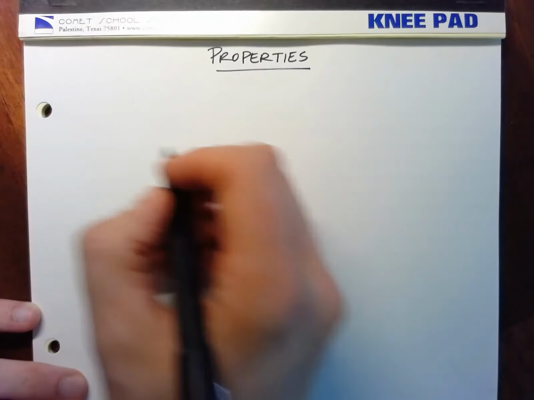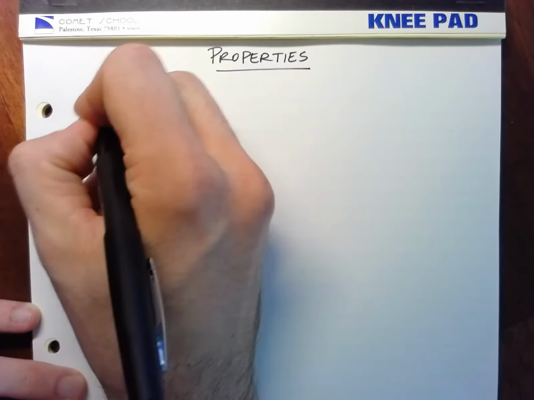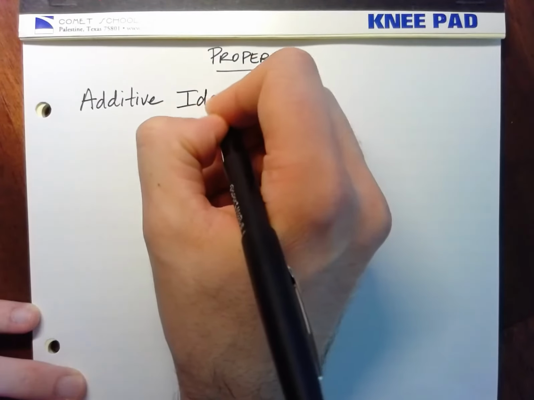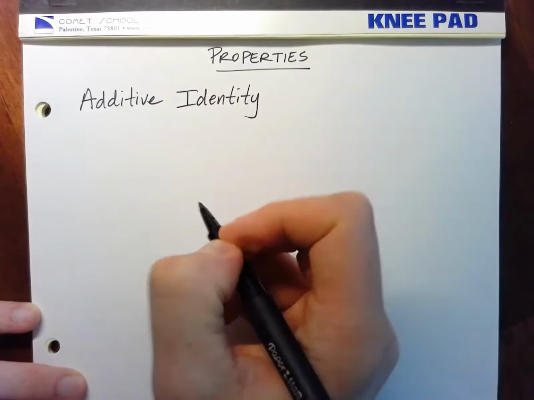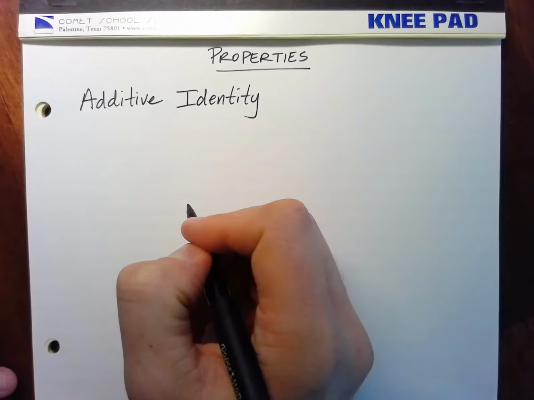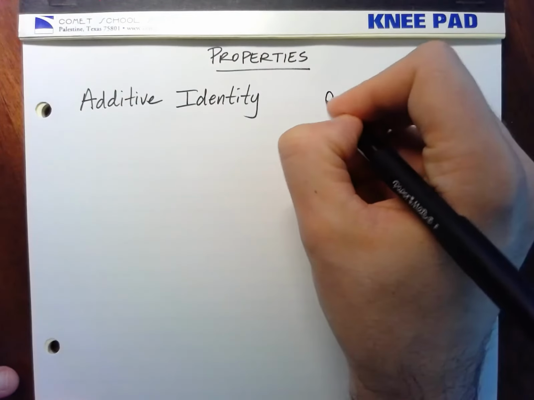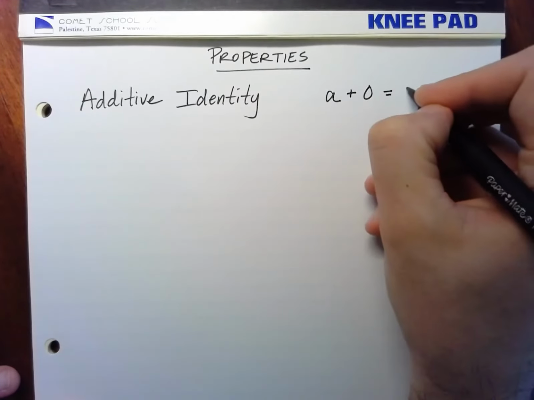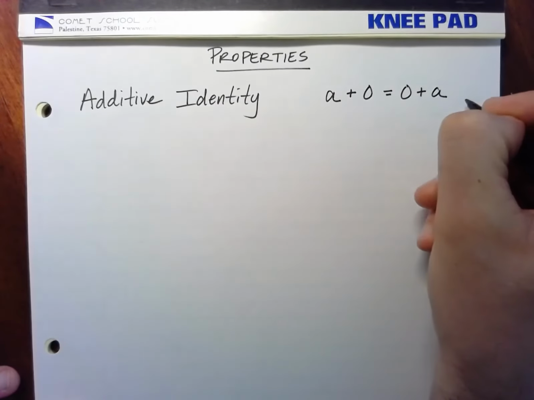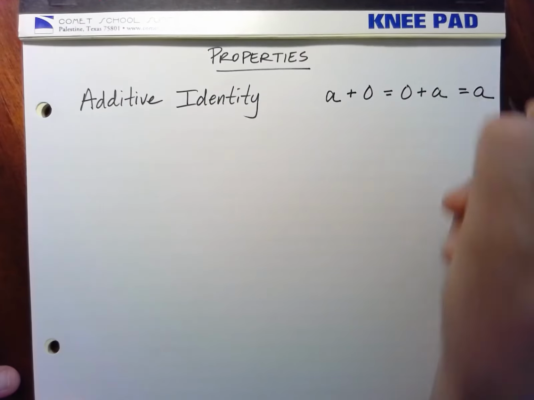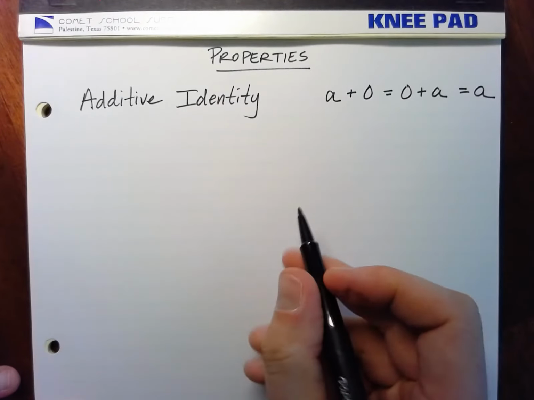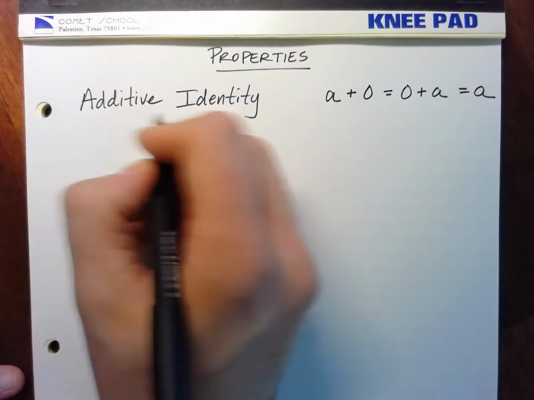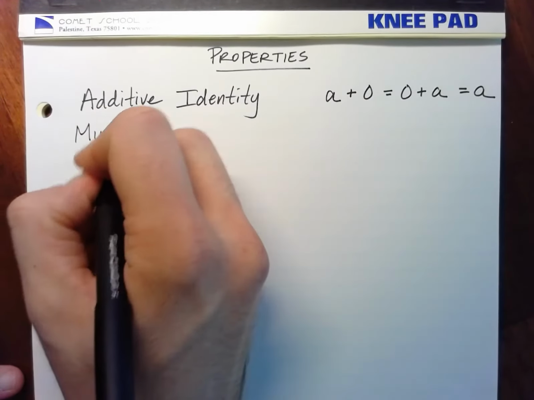Okay, so we have the additive identity, which says that any number plus 0 is the same as 0 plus that number is the same as that number. But we already know that. That makes sense. So if you have an additive identity, then you have a multiplicative